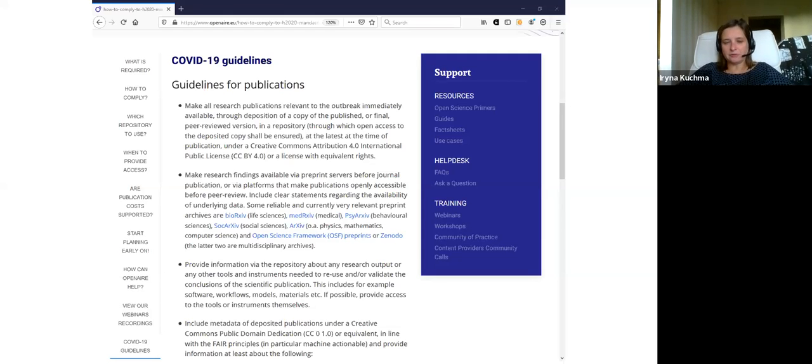With COVID-19 research, there is a request to share immediately, and also to share under an open license, Creative Commons Attribution license, which is recommended. And then also an important addition that if any research output requires specific tools or instruments to reuse research results, then information about those tools and instruments should also be available